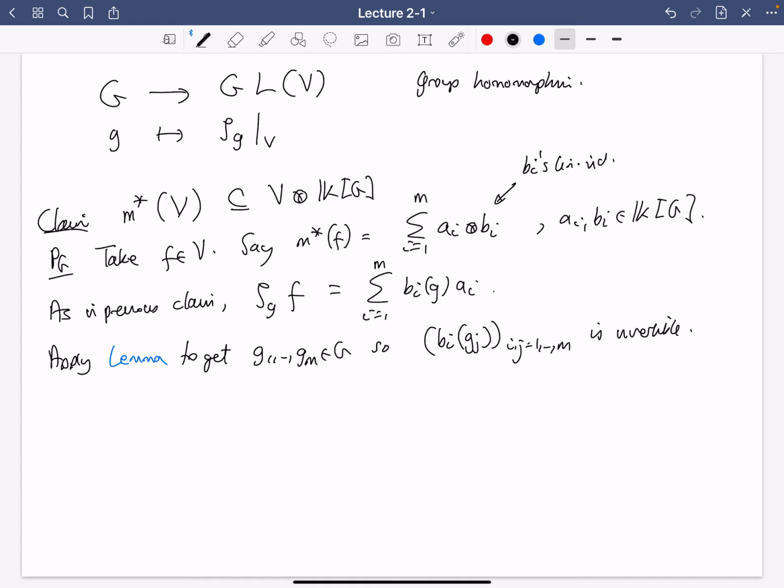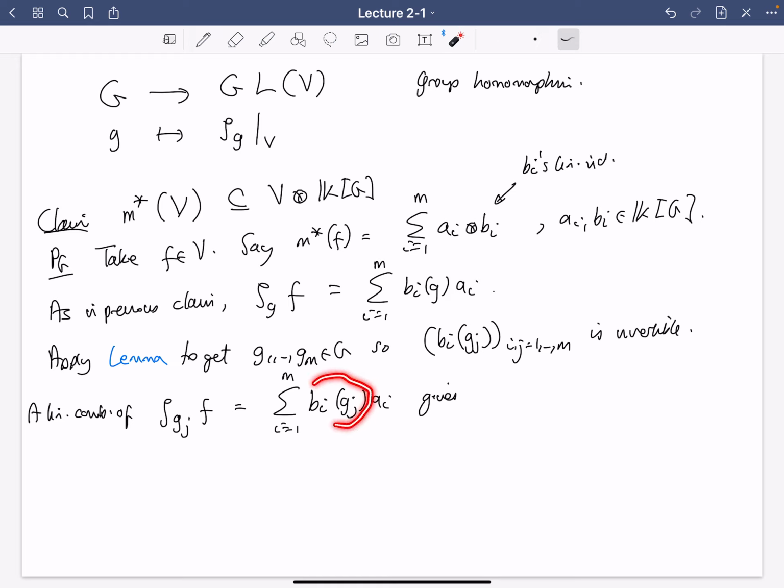Okay, so now what you have to do is look at these rho Gj Fs. By our formula, this is exactly the entries of this invertible matrix applied to Gi. So this is one of those long and tedious arguments. A linear combination of these,